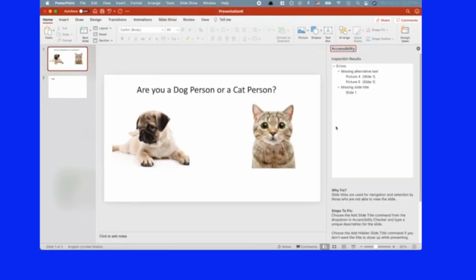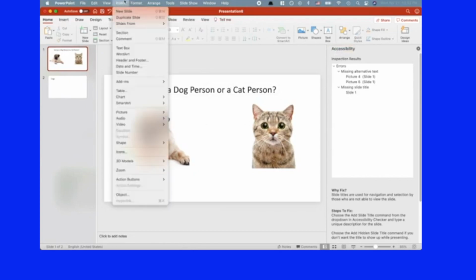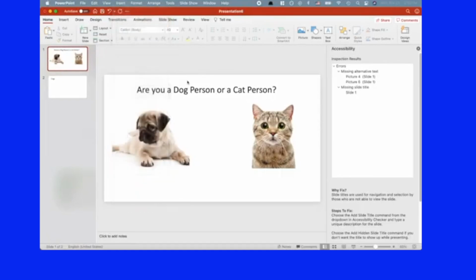When you click on Check Accessibility, there are a couple options here. One that you immediately notice is it says Missing Alternate Text, so it's scanning for different accessibility standards and errors. And the other one it's noting here is a slide title. Now, a lot of people, when they make a slide, they go Insert and then Insert Text Box and they add their text there. That's what I just did. But this is not a title, so for a screen reader, it will not read this at the top.